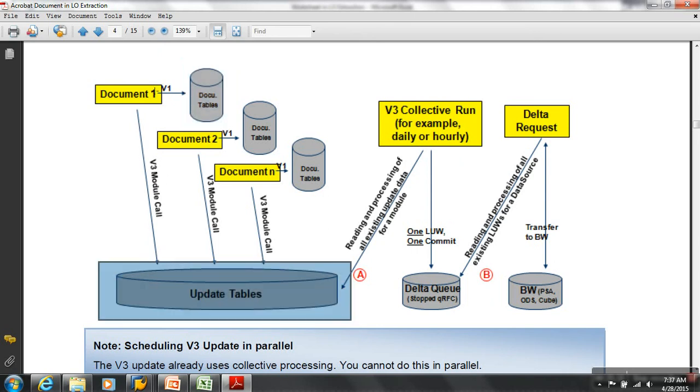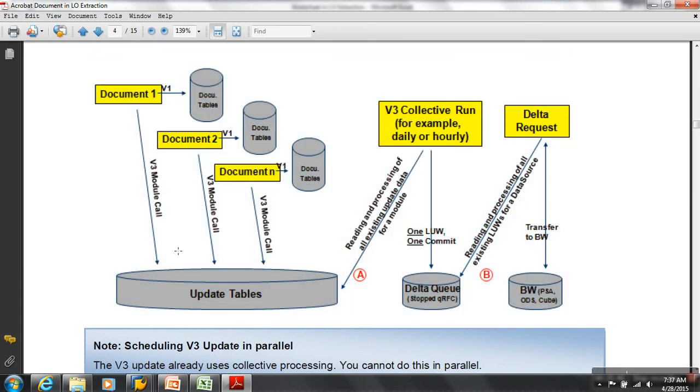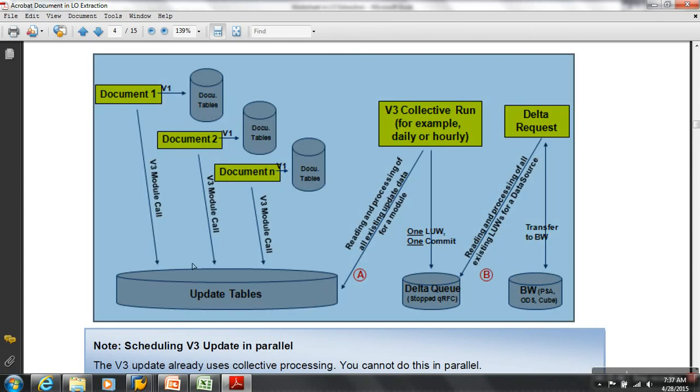Once the document is saved, later some program or function module is triggered which will update into what? Update tables. My program of VA01 or VA02 will not update into update tables. My program will only do the V1 updating and trigger a function module which takes care of updating update tables.